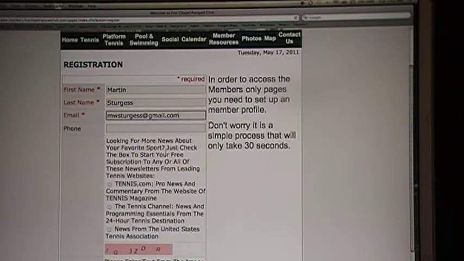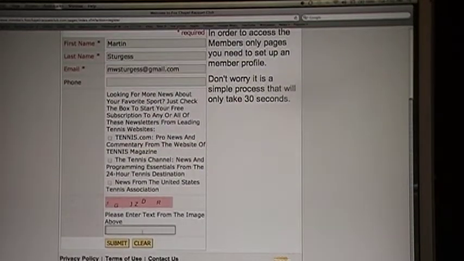And then all you've got to do at the bottom is put these numbers and letters in. This is, I guess, a phishing or spamming thing to make sure that you're really a person. It's a nuisance, but they seem to be easy to read. And I don't know if it's case sensitive or not. I think it's always capitals, so I would just put capitals. Click submit,